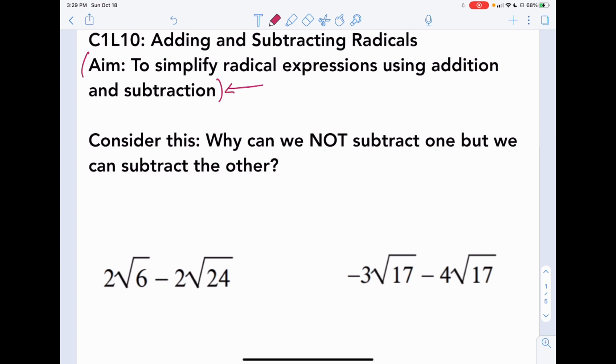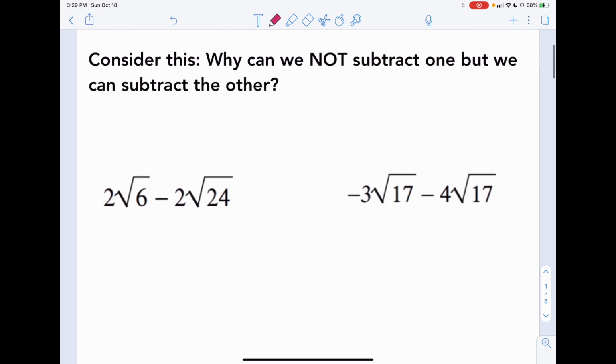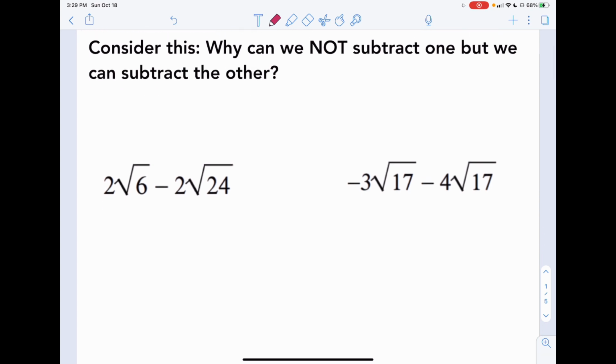I want you to consider this. Why can we not subtract one of these, but we can subtract the other? So you can pause the video here, give it some thought. All right, so looking at these two examples here, we see that one of these expressions, particularly this one on